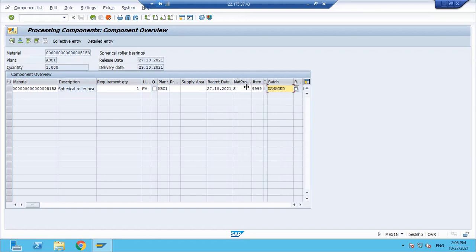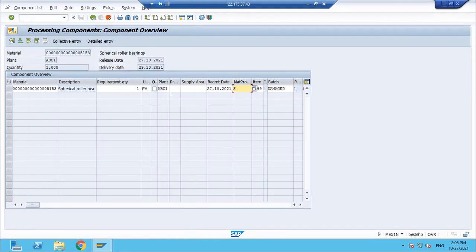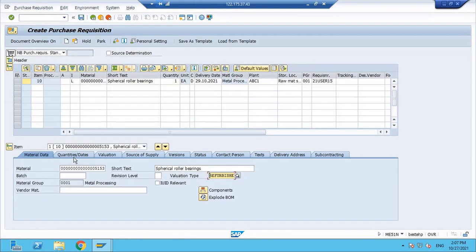One important thing is the material provision indicator should be S, that is rework material. Clear? Now we'll go back and check all other basic details.